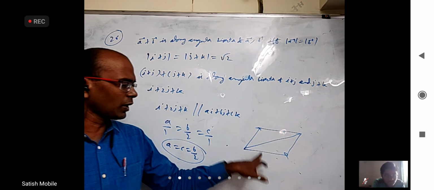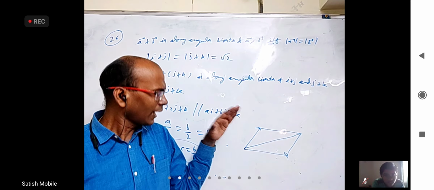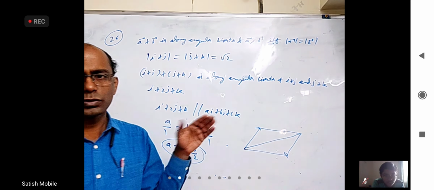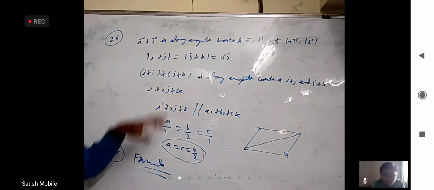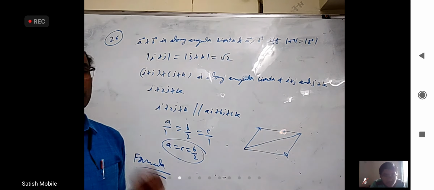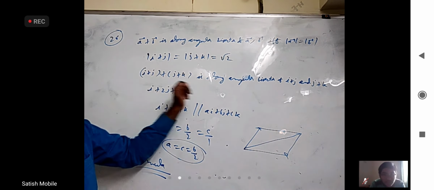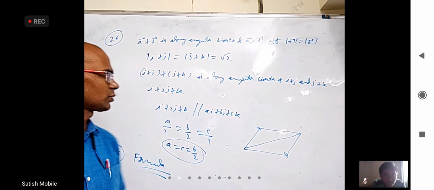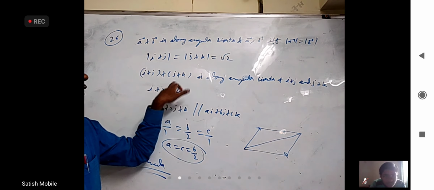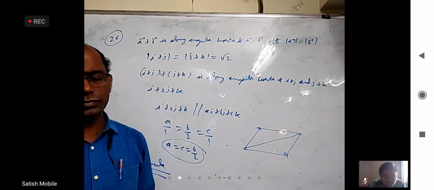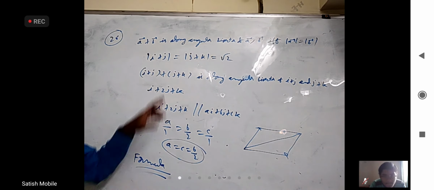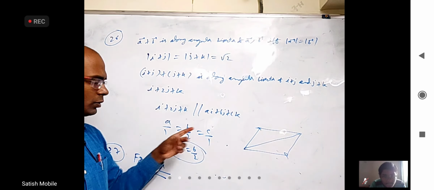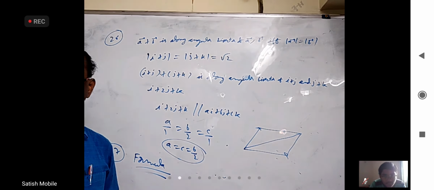When this is A bar, this is B bar, this is A bar plus B bar, and it is bisecting the angle between A and B. That is only possible when the two have same magnitude, right? So in this question, the vectors are I plus J and J plus K, both have same magnitude. So simply A bar plus B bar is some vector along the bisector. So I plus J plus K is along the angular bisector of these two. But they want AI plus BJ plus CK should be along bisector. So that means this and this should be parallel. That's a parallel condition. Is it okay?